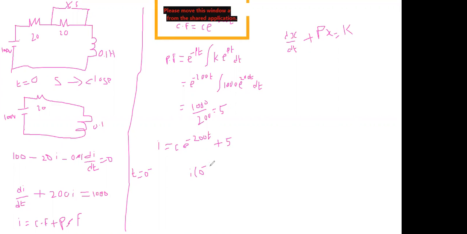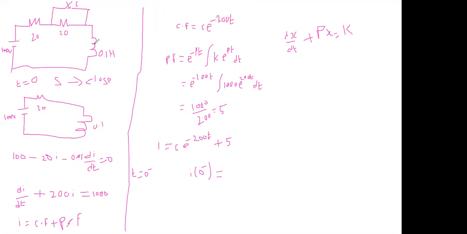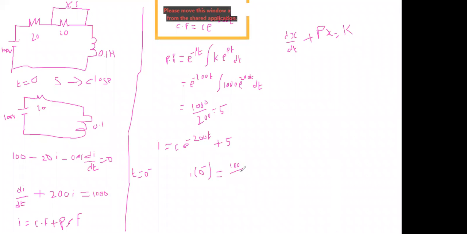i of 0 minus equal to, before the switch is closed, this is open. So before switching, this is open, which means here 20 plus 20 is 40. For this case the inductor is a short circuit. Why? Because it is a DC circuit, with a DC voltage connected, the inductor is a short circuit. Then the current is 100 divided by 40,